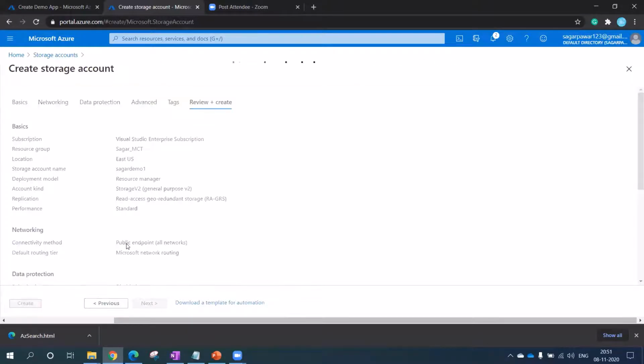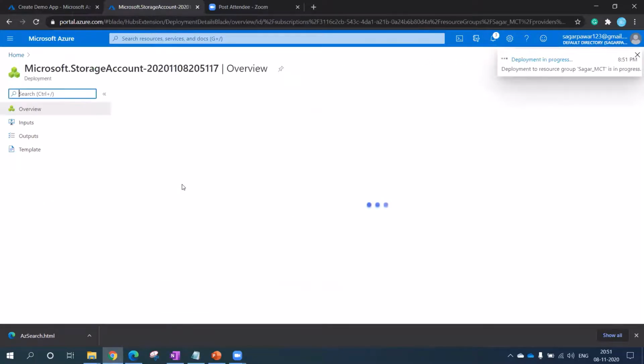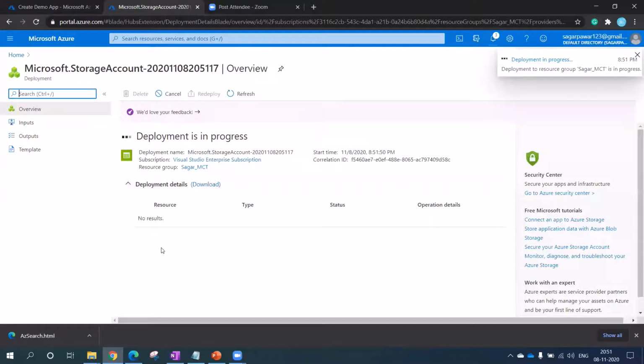Okay, let me create a storage account over here. Okay, so what I will do now, that page which I have just downloaded, I will upload that page over here using the static website. So it will take some time to load.